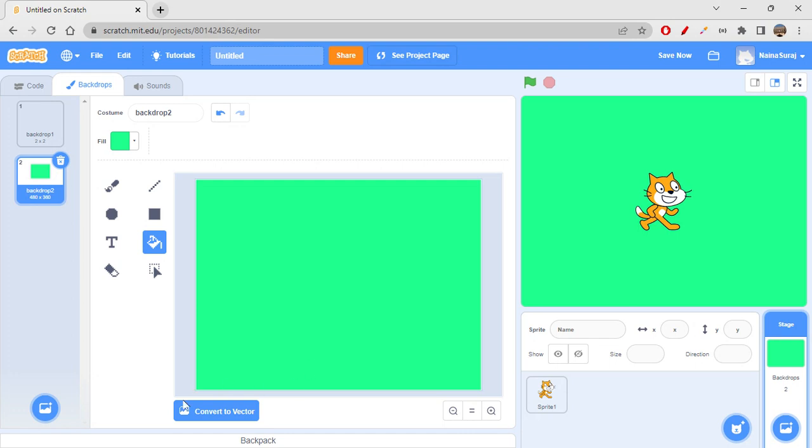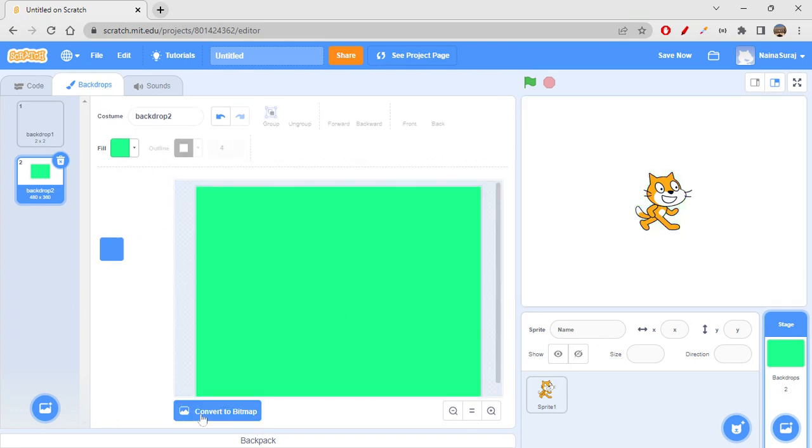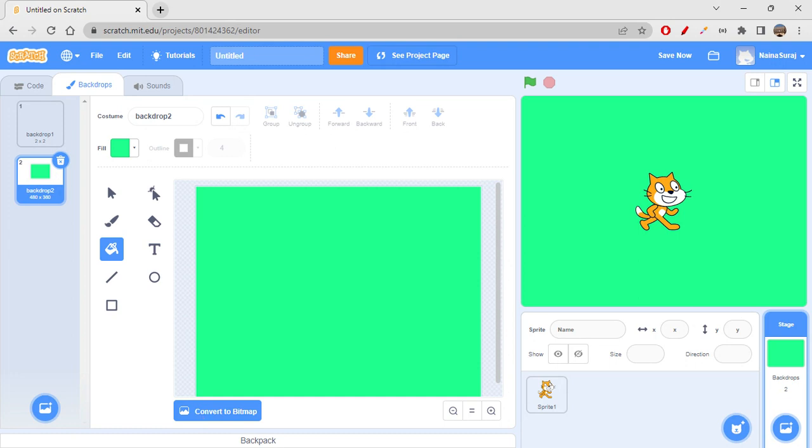Okay. Now after filling the color, don't just use these options to draw something or to write something on the screen. No. Just click on convert to vector, right? What happens in vector drawing is it will not be pixelized. And the drawing will go smoothly. The text also will appear very smooth. So that's why you have to start drawing or painting things in vector only. I would recommend that, right? And in bitmap, what happens is it pixelizes the thing, so those diagrams or paintings don't look that good. Okay, that is what I feel, right?